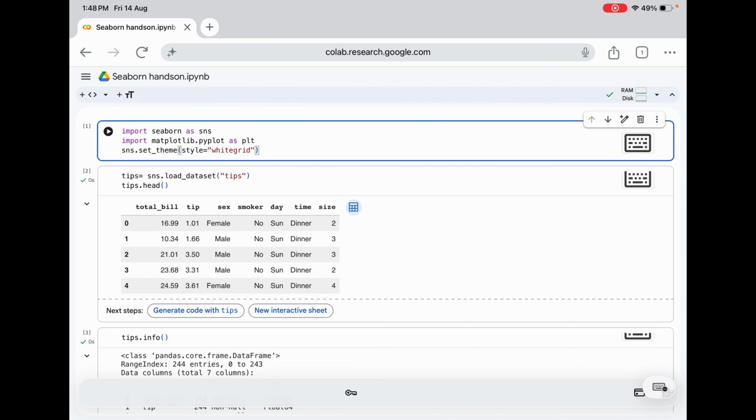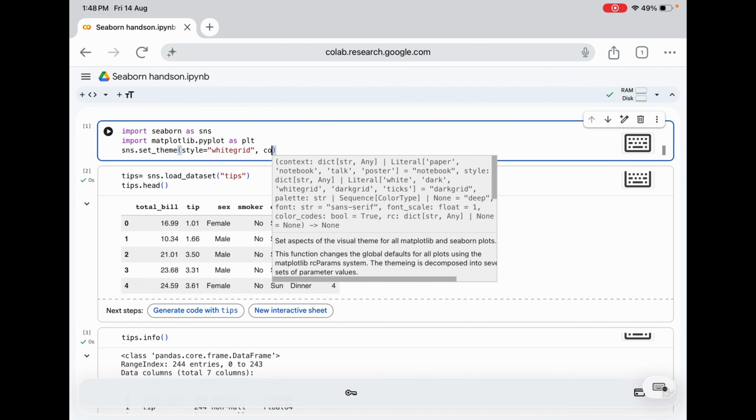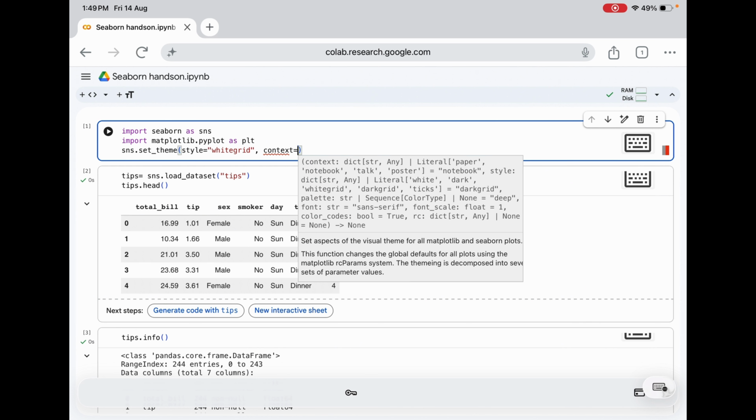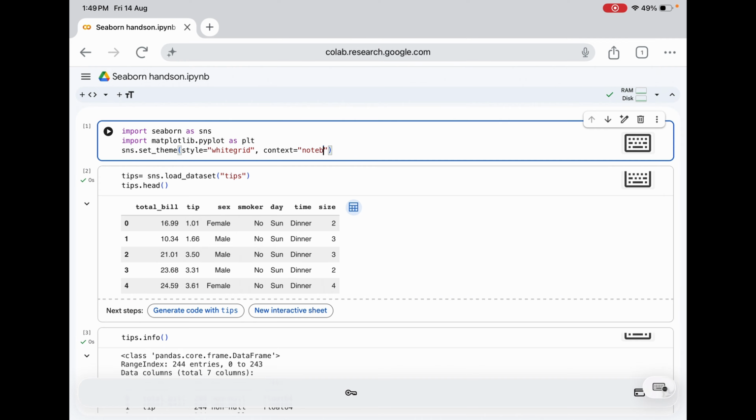Okay, and then you can also set the context, which is context is equal to, say, notebook. Now your plots will look a bit different.